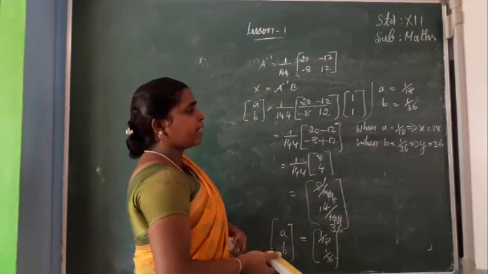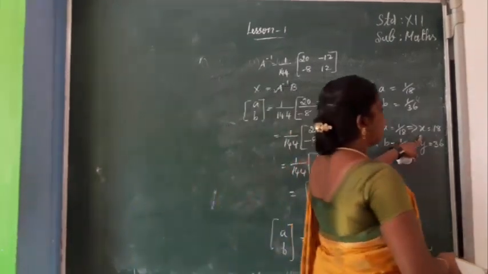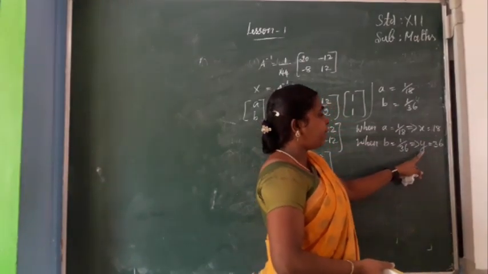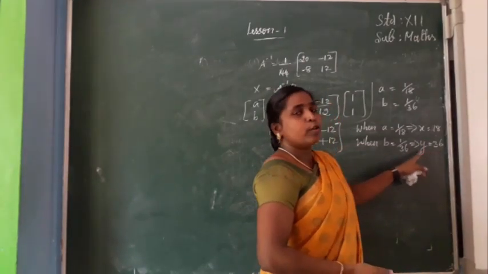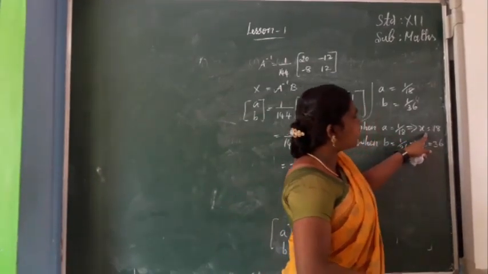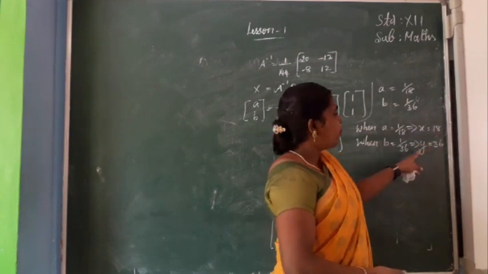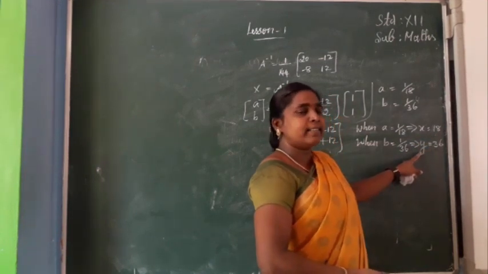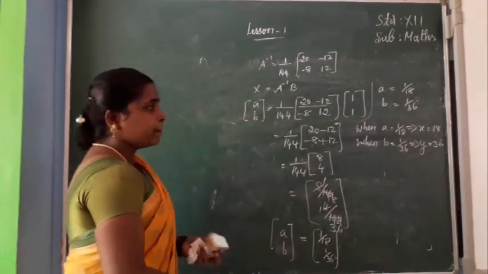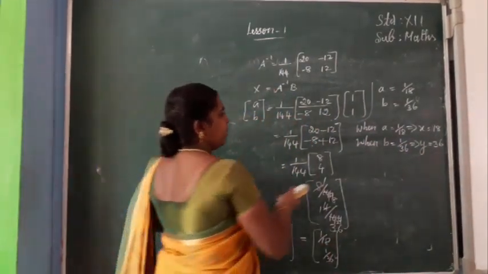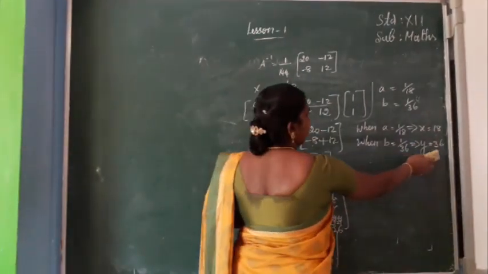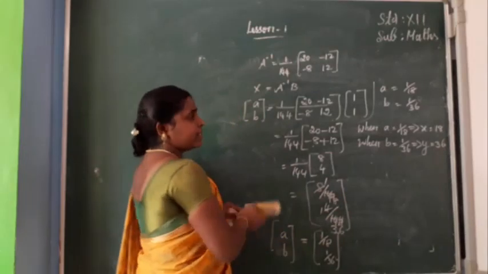In the beginning we have taken x means number of days taken by man. Let's say y means number of days taken by woman, isn't it? So last you can write therefore, man can finish your work in 18 days, woman can finish your work in 36 days. Okay, that's all. So you have to write that two lines. Man can finish your work in 18 days and woman can finish your work in 36 days.